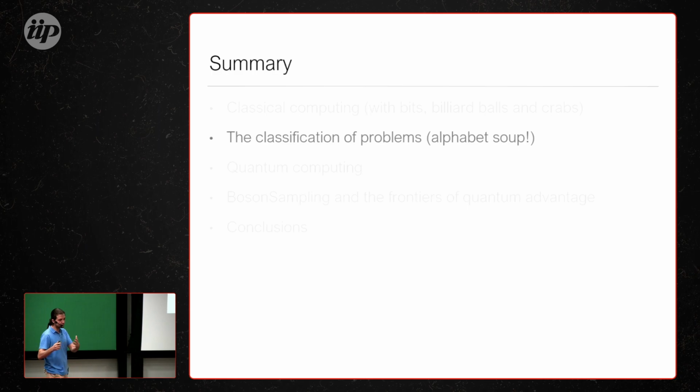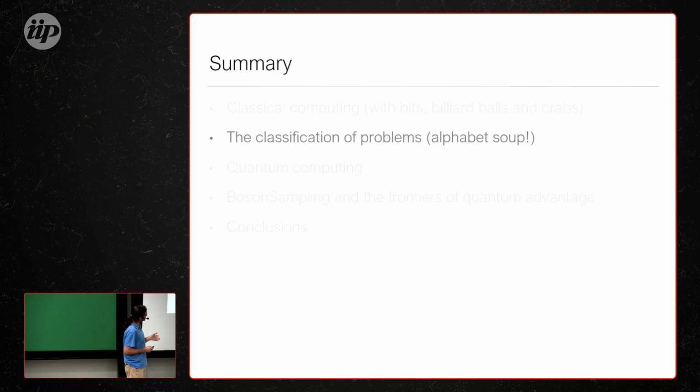You also have to give good evidence that a classical computer can't do that thing, because classical computers are much cheaper than quantum computers. So if there's something that a classical computer would be perfectly well suited to do, you wouldn't need a quantum computer for that. So most of the hard work in this field is giving arguments that classical computers cannot solve certain problems. And to give you an idea of how those arguments go, I need to talk about complexity theory. Now, this is going to be alphabet soup a little bit. You're going to see a bunch of letters and acronyms, and it's going to look confusing, but don't worry about it too much. I'm going to tell you which ones are more important to pay attention to right now.